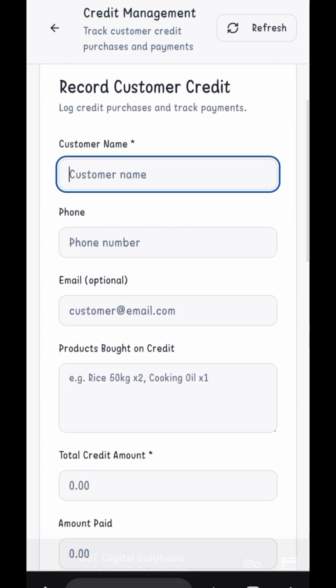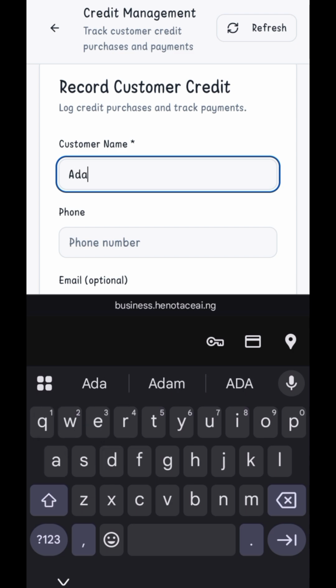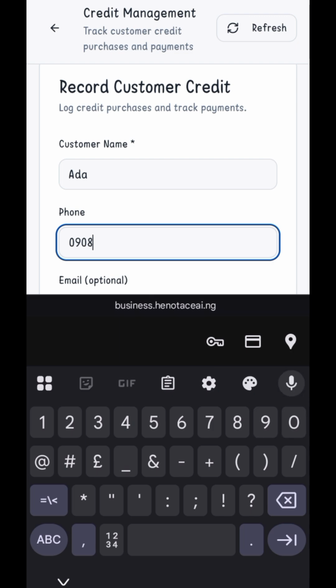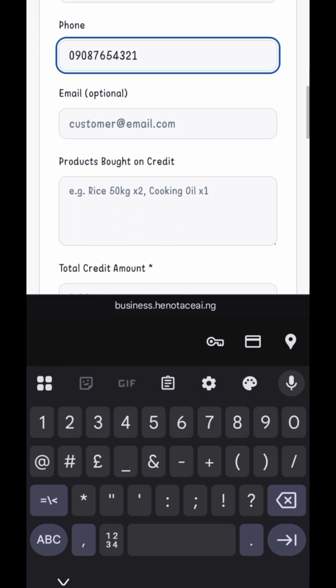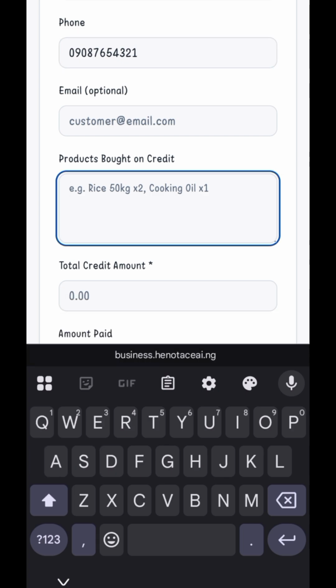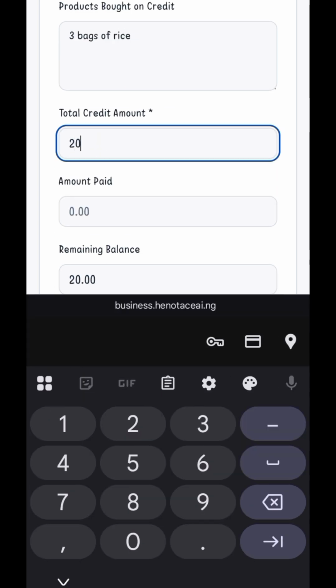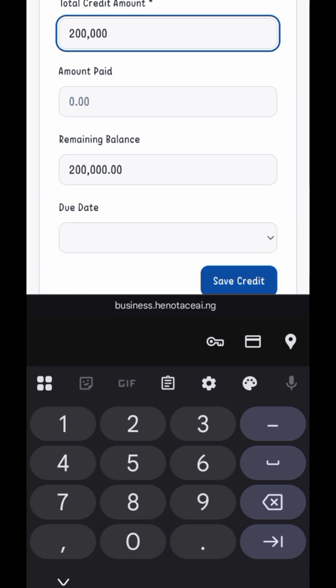You can issue out credit to your customers, and your customers are able to record their name and know how much they are owing you. You can see, okay, this is customer A owing me so much money. Customer B, when the customer pays, you're able to see how much the customer has paid and what is remaining. So basically, this is a very simple way to manage the credits of your customers and manage everything that has to do with your